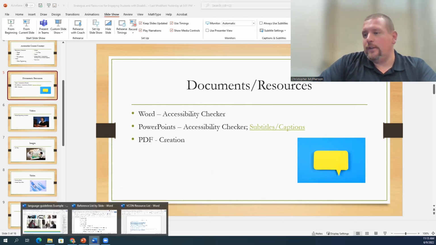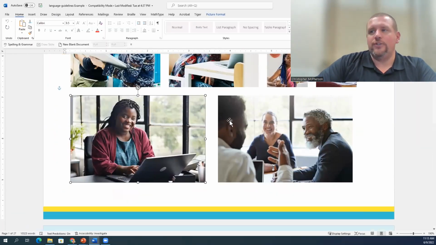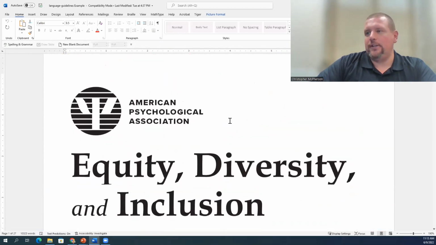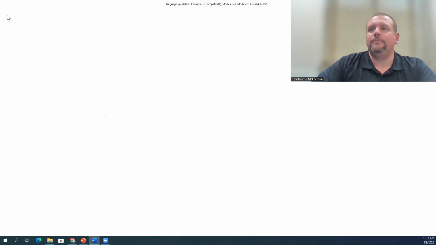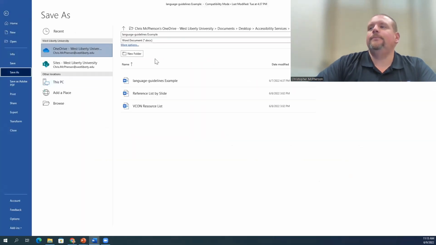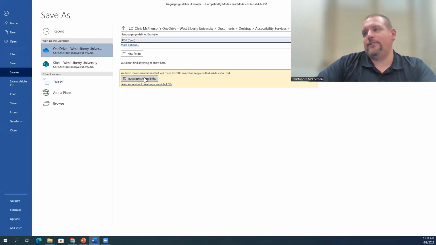So we'll use the same document that I had up before. We'll just say that there are no other accessibility concerns. This is the source document that you have access to. When you create a PDF, you want to do so by going through the File Save As option, and then just click the PDF. By doing this, you can also investigate the accessibility again. This is how you create the PDF and retain that source formatting, which again is what's crucial to having an